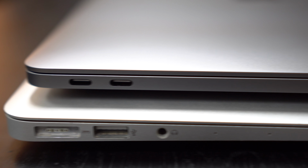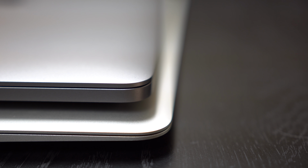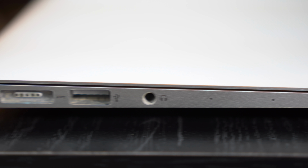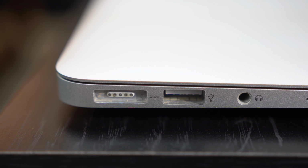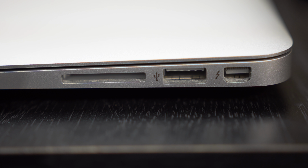Both machines are considerably thin and light. The MacBook Pro is actually slightly smaller and thinner comparing the thickest parts, but because it's not a wedge shape like the Air, it's thicker at the front. If you like having a variety in ports, this is where the MacBook Air shines, with a dedicated MagSafe charging port we all love, along with two USB 3 ports, a Thunderbolt 2, and an